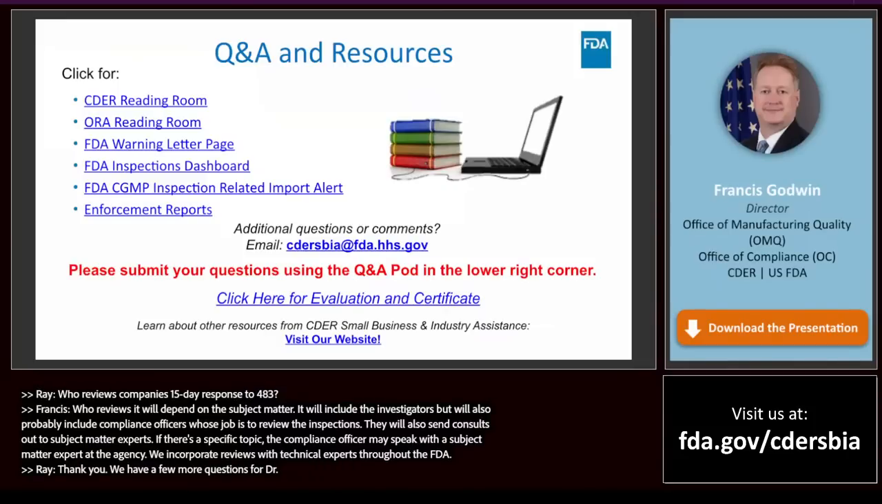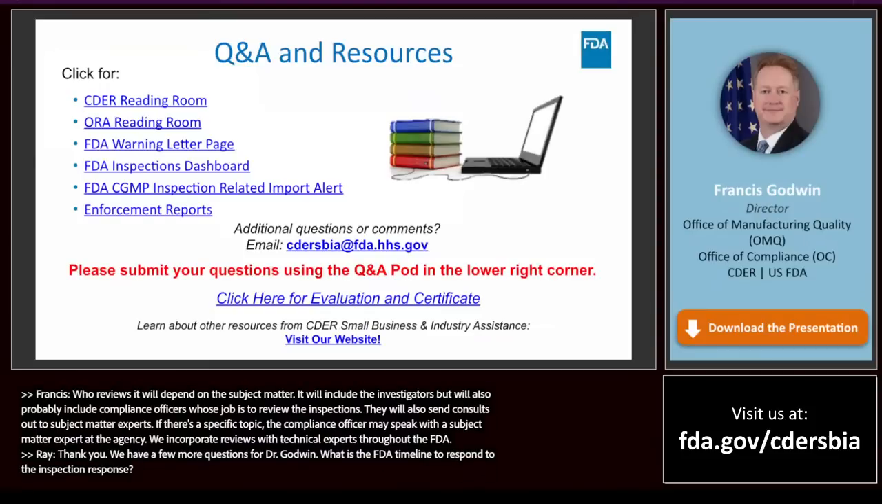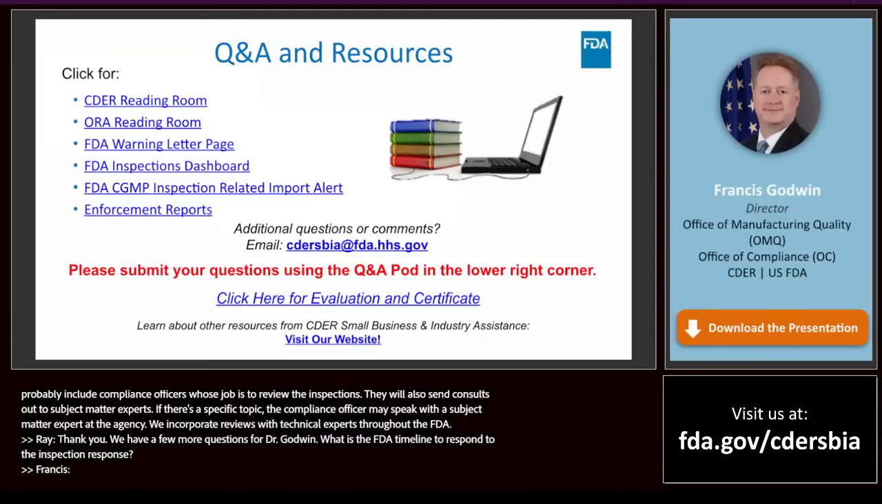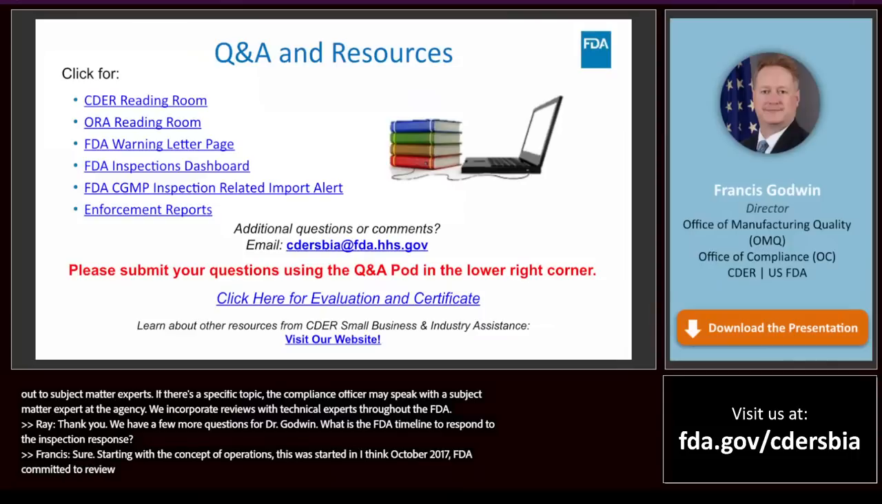What is the FDA timeline to respond to the inspection response? Sure. So starting with the concept of operations, this was started in, I think, October 2017. FDA committed to reviewing the substance of inspectional findings and the responses within 90 days of the close of an inspection. So basically, within 90 days of the end of an inspection, FDA is aiming to complete our review, and